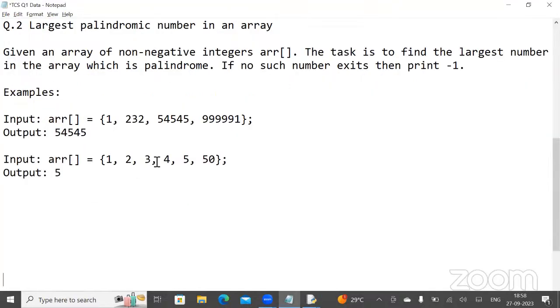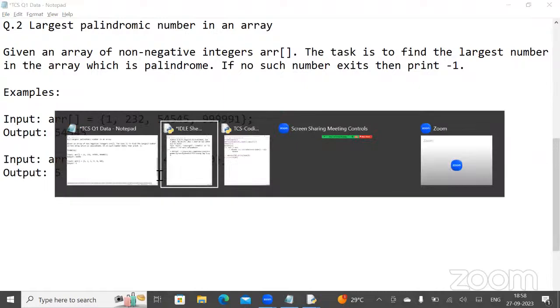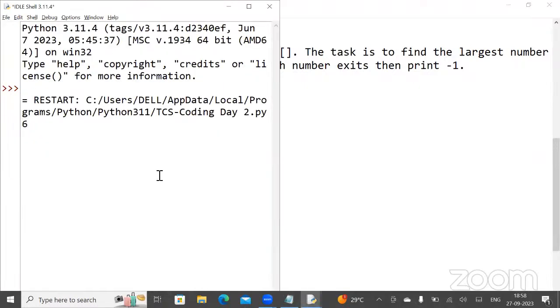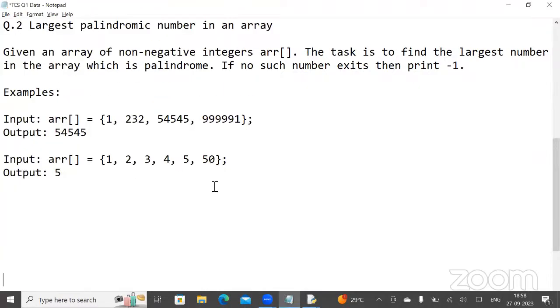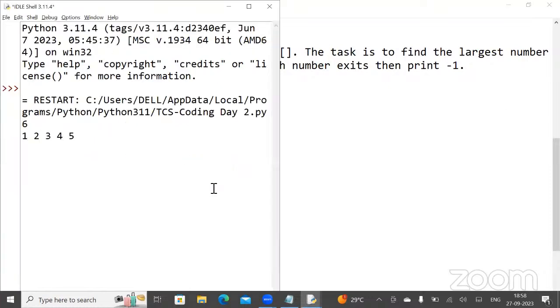Let me cross check. No, the input is not 4. The input is 6. The number of elements is 6, and the values we have are 1 to 5 and 50. So let us do this with 1, 2, 3, 4, 5 and 50. As you can see in the result, the maximum palindromic number, 5, is printed on the screen.